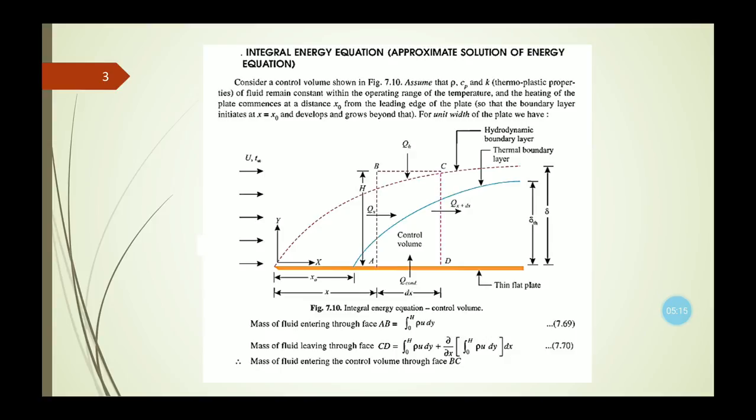In this diagram, you can see that the hydrodynamic boundary layer, that is the velocity boundary layer, and the thermal boundary layer, these two different boundary layers in the case of a thin stationary plate, have been represented here. Delta is the boundary layer thickness for the velocity or hydrodynamic boundary layer, and delta th is the boundary layer thickness for the thermal boundary layer. Both boundary layer thicknesses have also been represented here. We can see that the hydrodynamic boundary layer thickness is higher than the thermal boundary layer thickness.